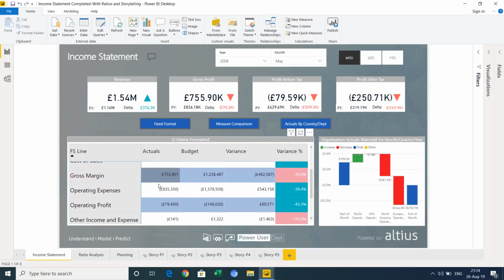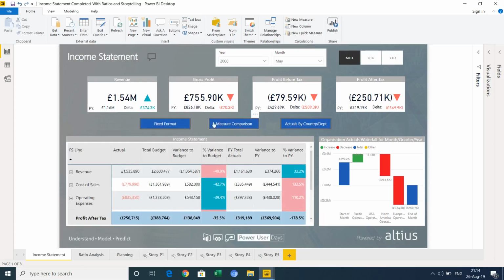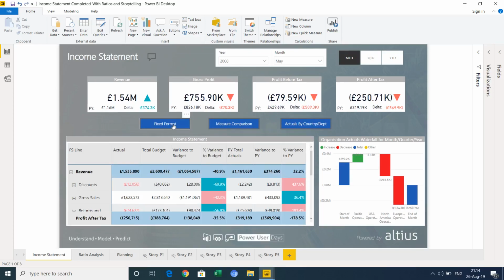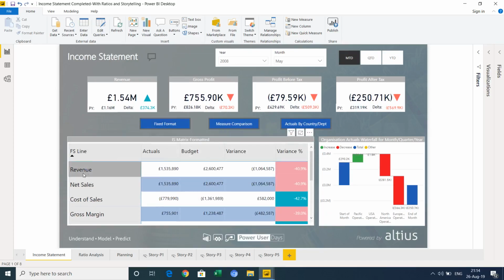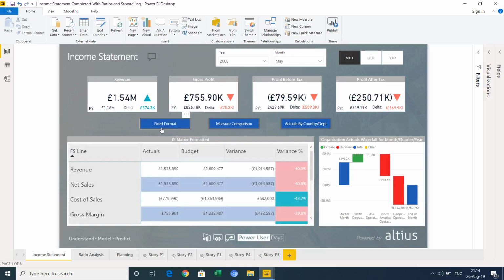We could then see the same kind of income statement that we had here, and we can see it in different ways. We can see it as a drill down figure, as a fixed format, and then we can see it broken down by region. And then on here we've got a waterfall that shows from the start of the month, so from the start of May, to the end of May, what was the value by default for net profit, and then what was the value at the end of the month. And the idea is that what we've also thought about here is how this stuff interacts.